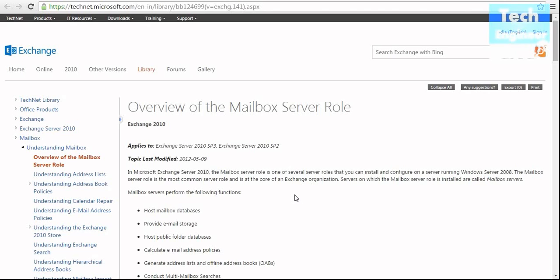Hello there, in this tutorial I'm going to discuss the theory of the Mailbox server role. We're going to install the Mailbox server role in Exchange Server 2010, the process we're going to follow, and a few things we can do with Mailbox. But before we do a practical Mailbox, we should know a little bit more about what exactly Mailbox